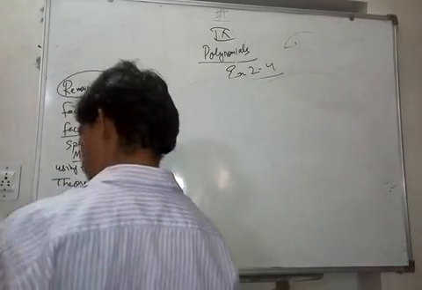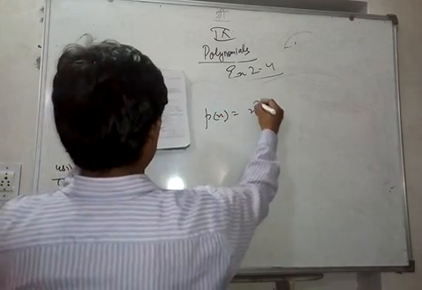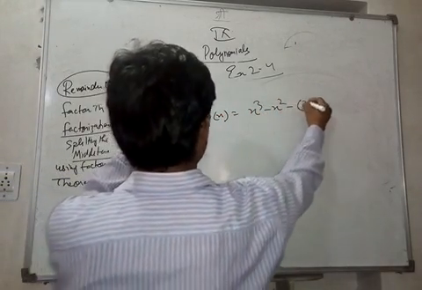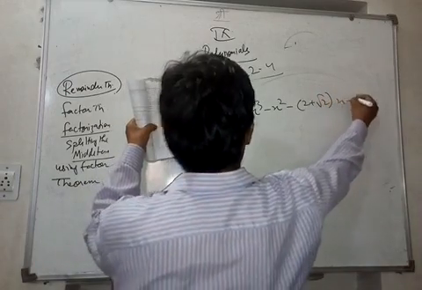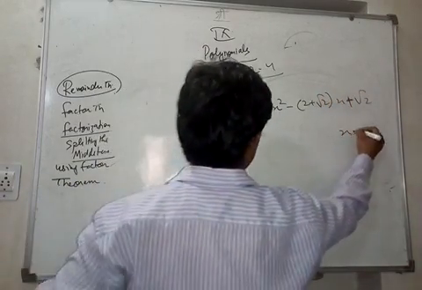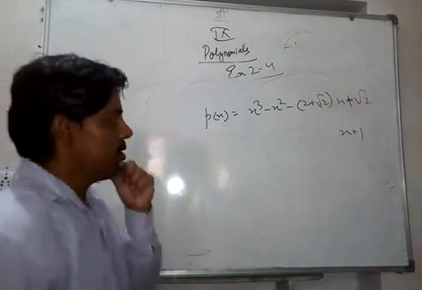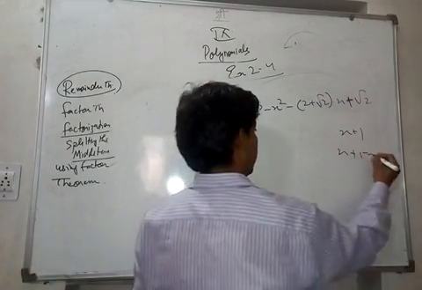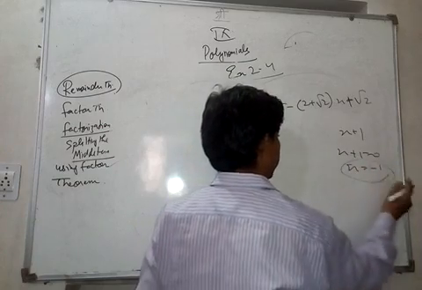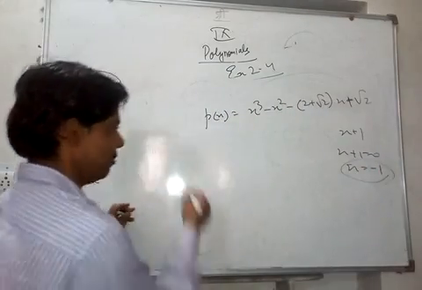Okay, the fourth part polynomial is x cube minus x square minus 2 plus root 2 x plus root 2, and we are dividing by x plus 1 again. So we have to find whether x plus 1 is a factor of this polynomial. So you again write x plus 1 is equal to 0, x is equal to minus 1. Okay, and then you put minus 1 in place of x. What do you get?